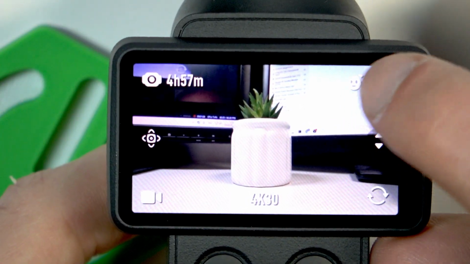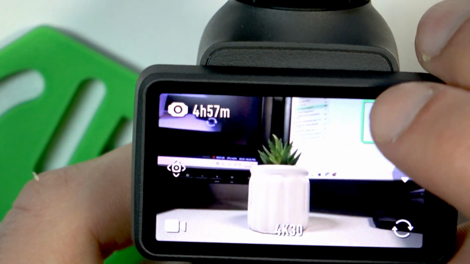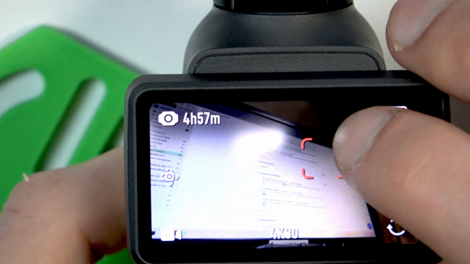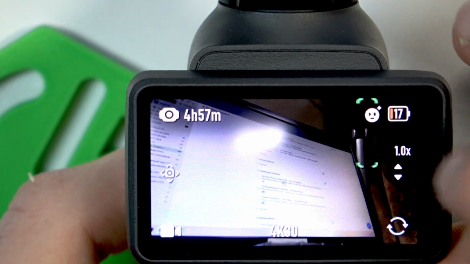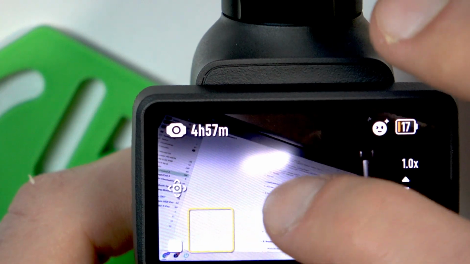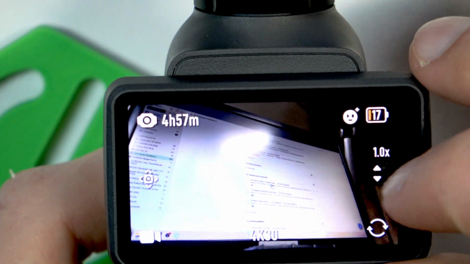Now here in the top right corner we have both the facial modes, and we also have the battery level, and